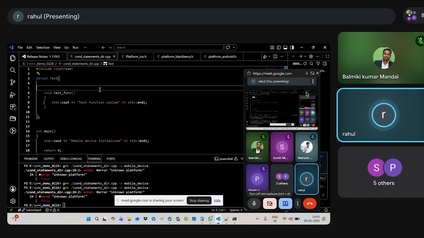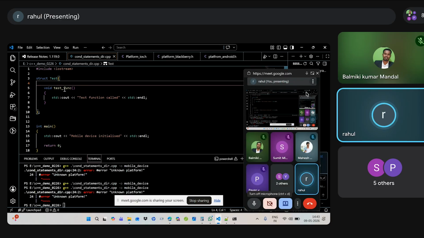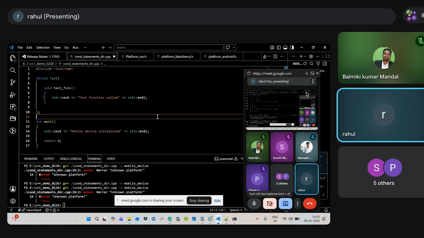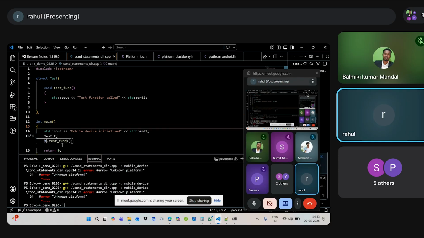I don't have a class now, I have a structure here. Do you think this code works? This is a member function, right, of a test structure.